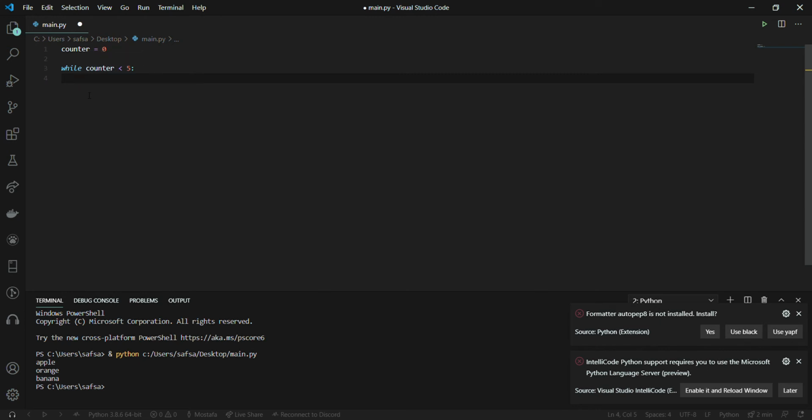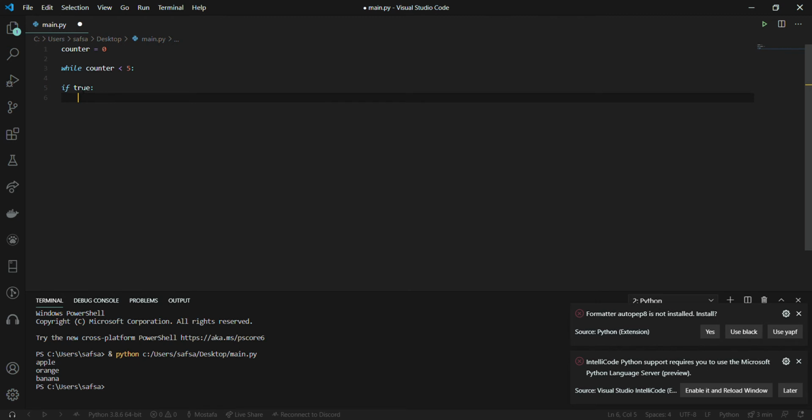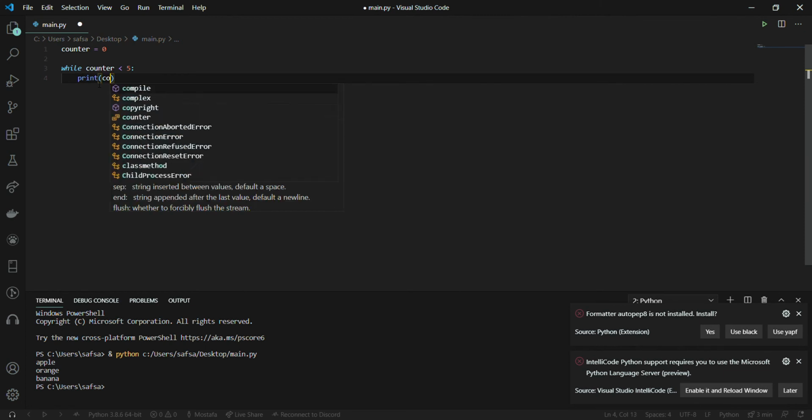And to remind you, staying inside something means you're indented one level under this, right? So when we wrote if conditions, if true, for example, you write it indented, all right? There is an indentation, which means whatever you're going to write here belongs to this part, all right? So back to the while loop. As long as the counter is less than 5, which is true in our case, since counter is 0, we want to print counter